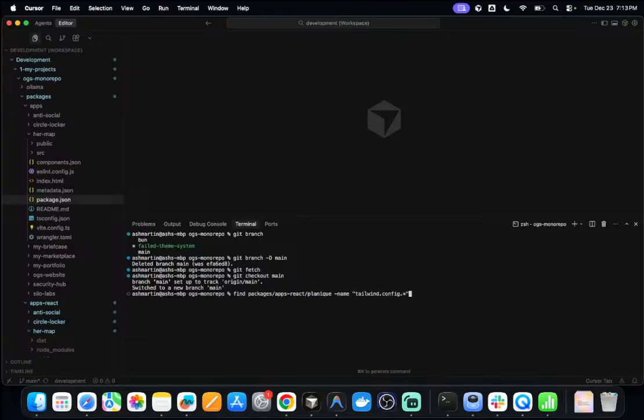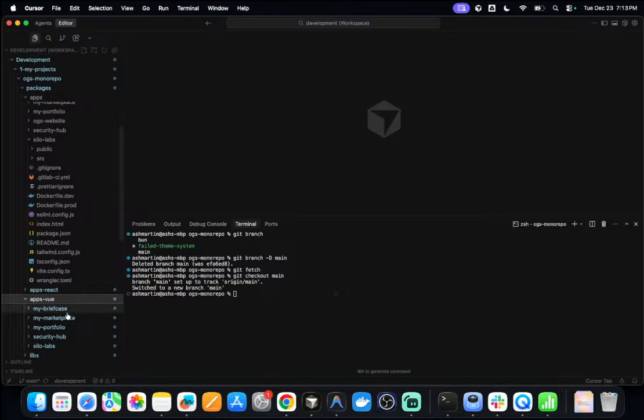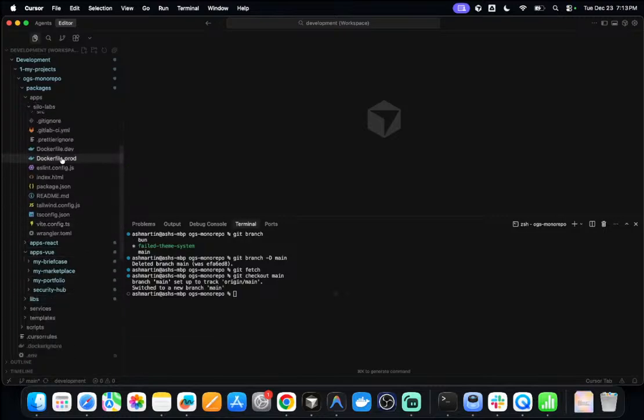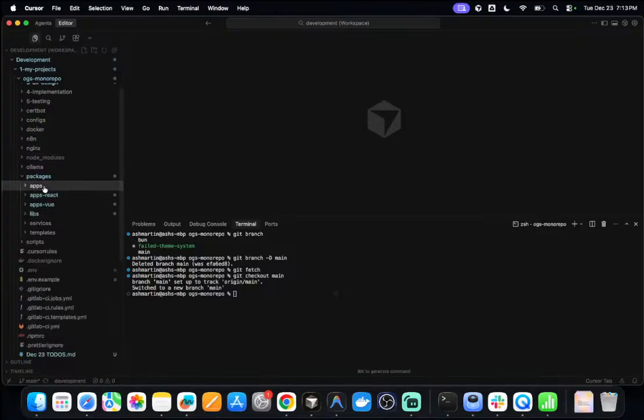What is all this? This is somebody else's history. Okay, so all these apps are the original versions, and all I needed from there was my Planic app restored, and let's do Silo also restored. So from here, let's delete this and bring this Silo Labs. Now I can delete apps. Cool. And then I can do an npm install